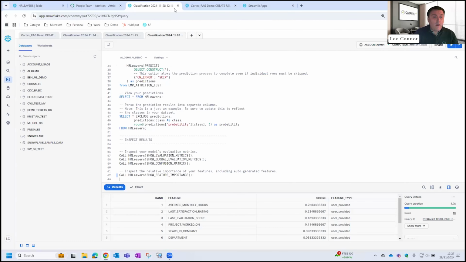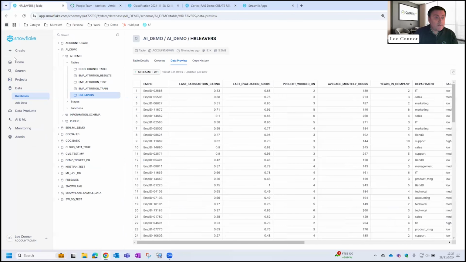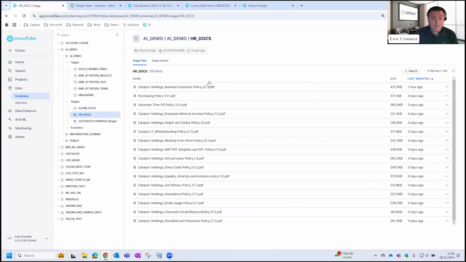So into our application. What we want is, first off, we need to look at what we call a stage. So we're looking at our documents. I've got all of my 16 policy documents here, and you can see they're all PDFs, okay? And I've collated those, I've just downloaded them from SharePoint. They could be